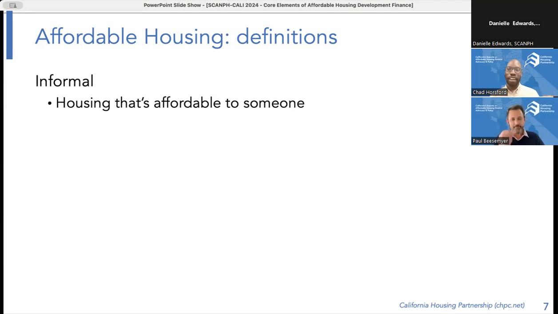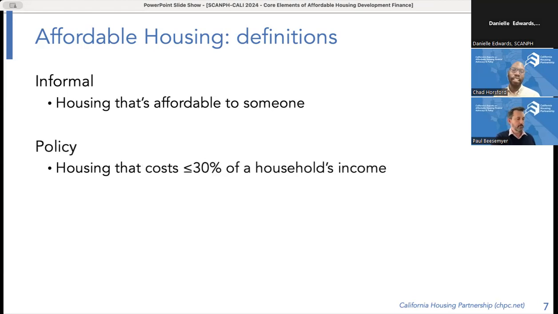To help drill down a common definition of affordable housing, where we often start is housing that costs no more than 30% of a household's income. And that's a definition you'll see within the policy realm, and it's made its way into common knowledge by now. I remember graduating from college, and for a prepare-yourself-for-the-real-world seminar, that's the definition they gave us to think about as we made our budgets.